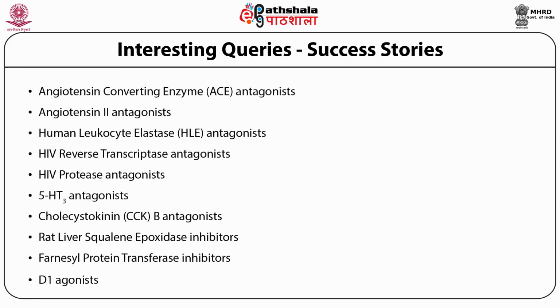Now, these are the success stories I want to share with you, and all of them are listed here. Many of them are done even better than these. Without knowing the crystal structure in each of these cases, the pharmacophore found the hits and found the chemicals from the database. Antagonists were found, angiotensin 2 antagonists were found, HIV protease antagonists were found. I may share some case studies with you, and in future many of these methods will be utilized to find new leads in fields of biological significance.